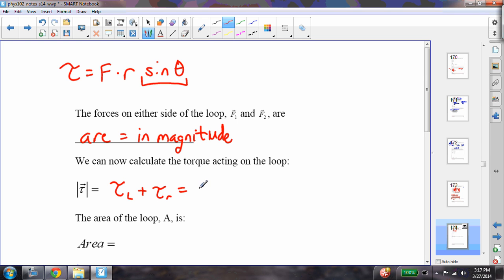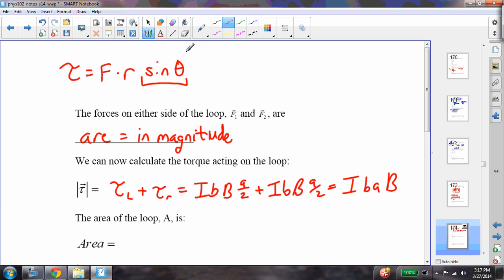I have an expression for the force here. That expression that we've already found is I times the length of the coil on side B times the magnetic field B times A divided by 2, where A divided by 2 is just the length of the moment arm. On the right-hand side, we get the same torque, IBB, A over 2. And so if I add these two together, I get IB, I'm going to rewrite this just a little bit, IB